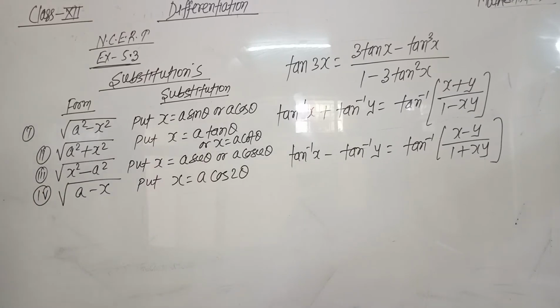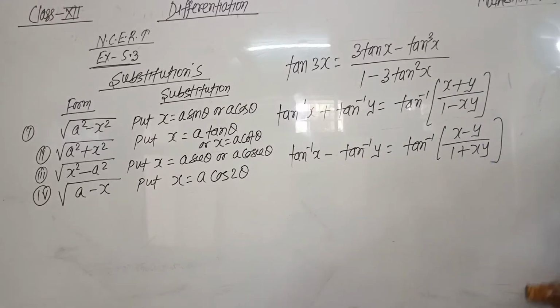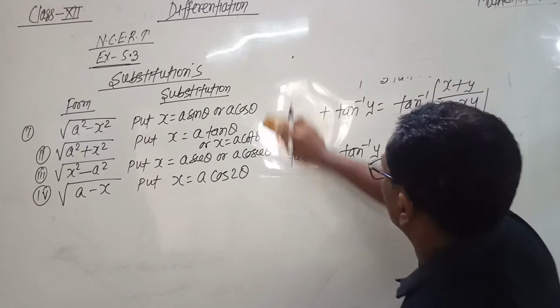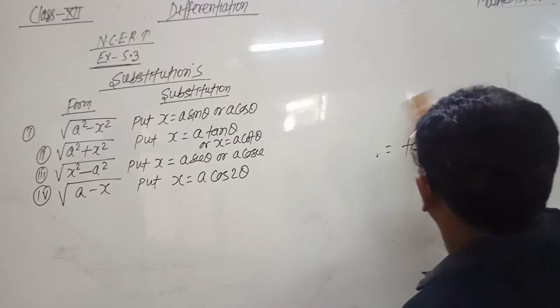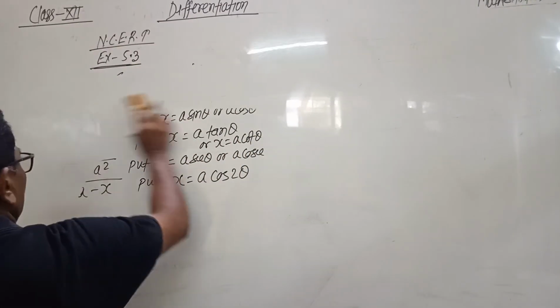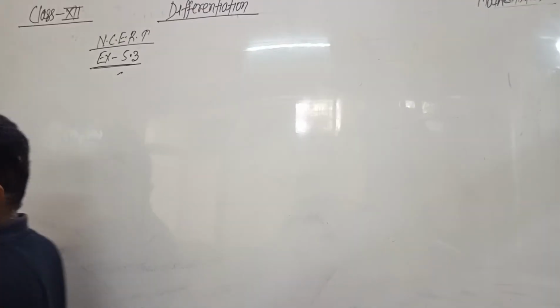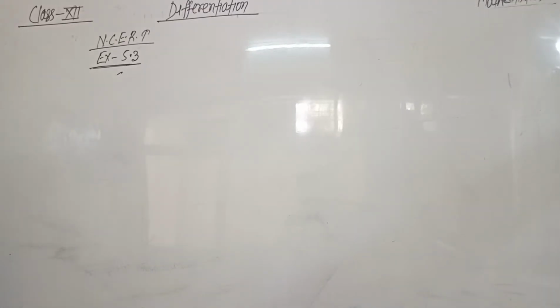If there is a form under root of a minus x, then we put x equals a cot theta. So these are the substitutions which will be used in solving the questions of exercise 5.3. Now we will discuss the problems of exercise 5.3 of NCERT. The question is,